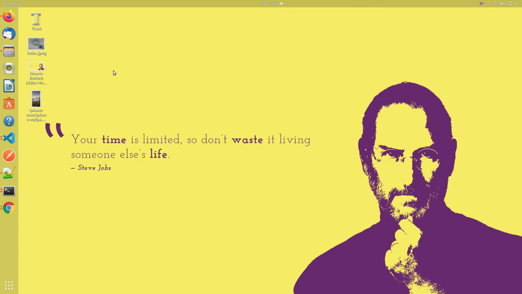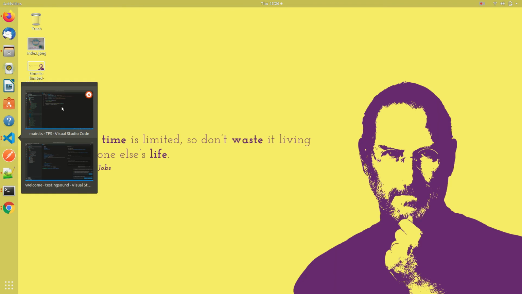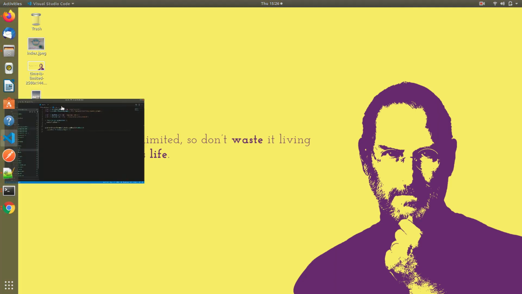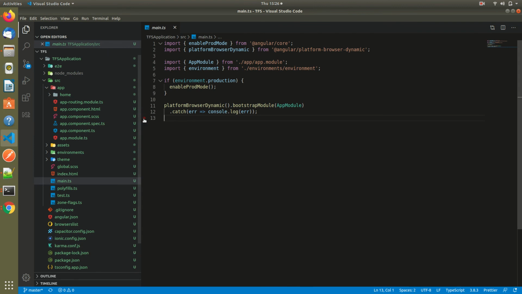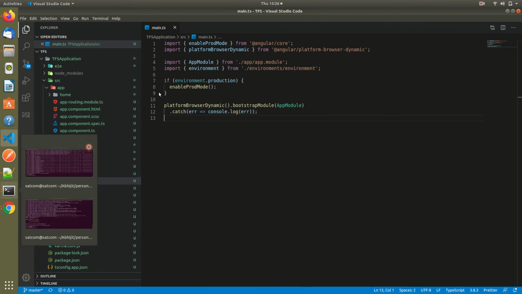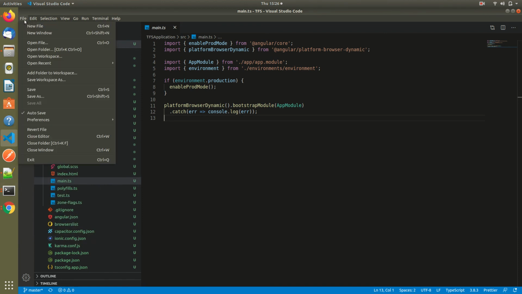Another point I want to mention: you need to install Visual Studio Code. Now let's go to the project we have just created.